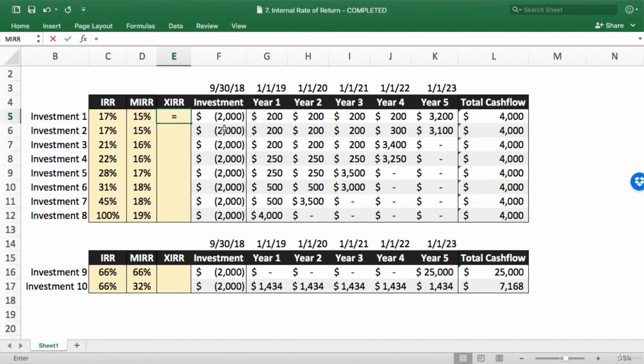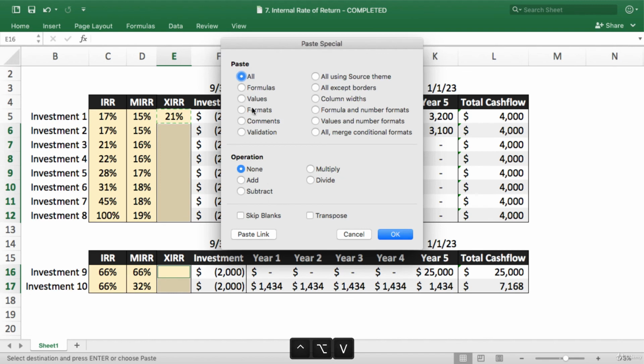So there's a function called XIRR that will take the values, but it will also take the dates, now anchor the dates, close that. See, now values are higher than the original IRR, and if we copy and paste the formulas,